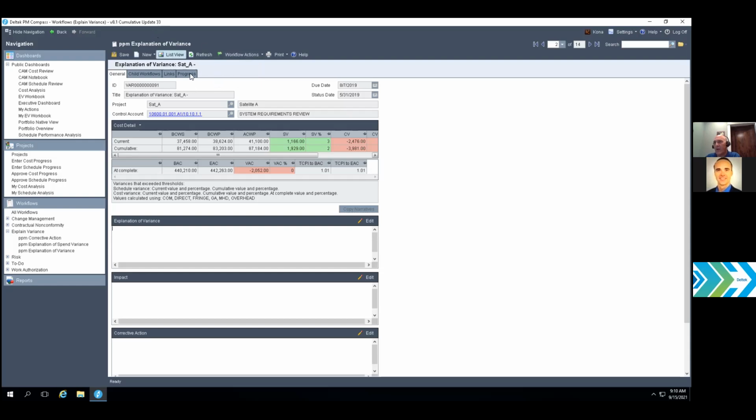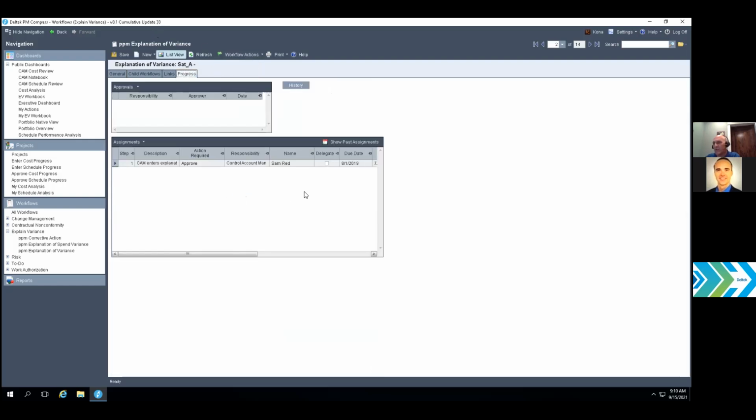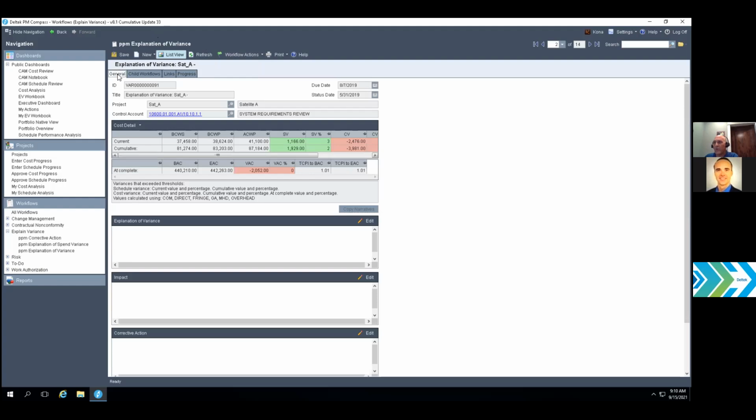I can see who has responsibility. So it tracks workflow assignments. And so I can see who's been approving or who took prior action, and then who has the next action within the overall workflow process. Another workflow that I'll show very quickly will be